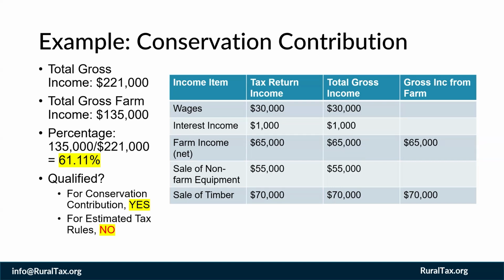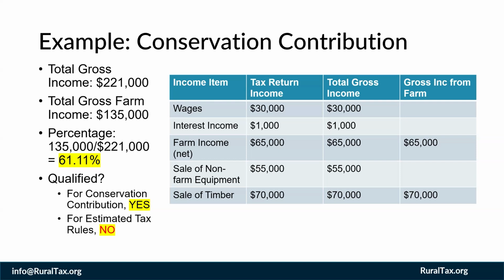We have some interest income of $1,000. We have farm income, and note the parenthetical there is net $65,000. So that's going to be coming from line 34 on Schedule F. Then I've got the sale of some non-farm equipment. So this is not part of farm income, $55,000. And then we have the sale of timber,